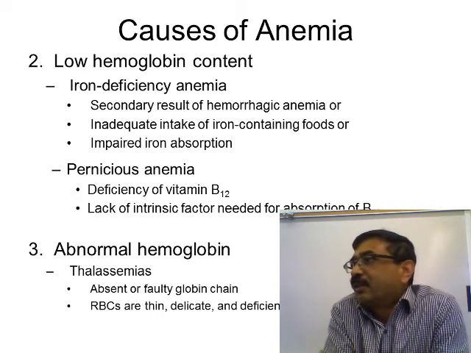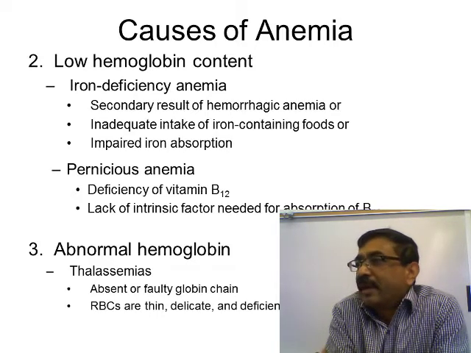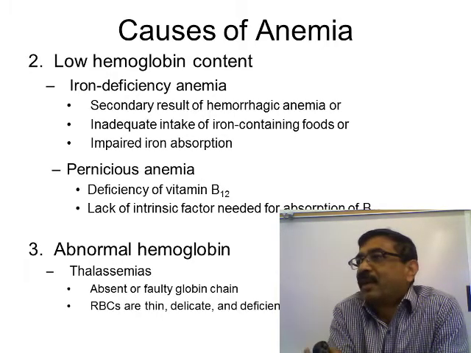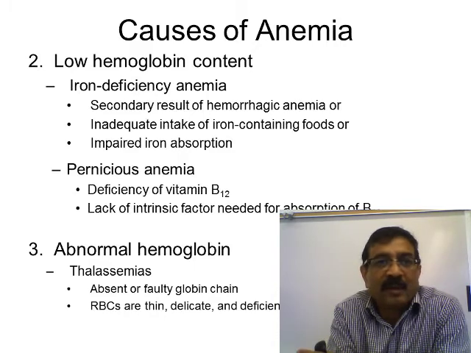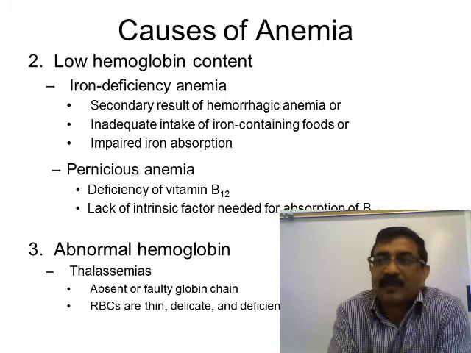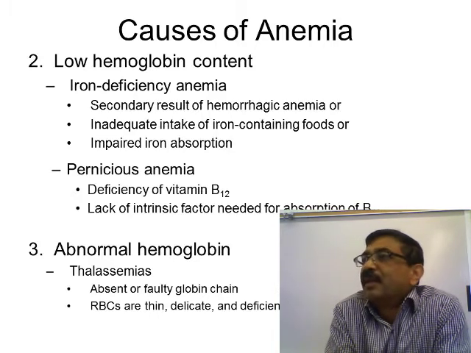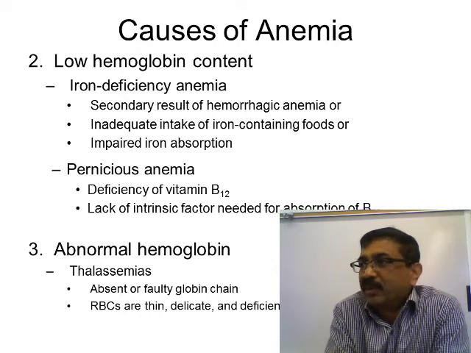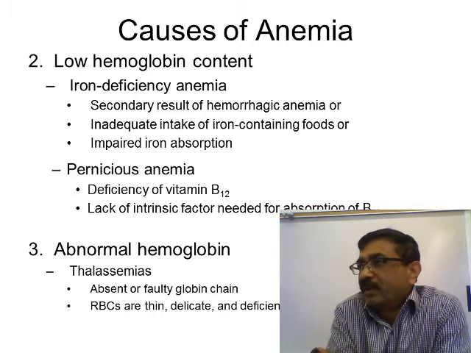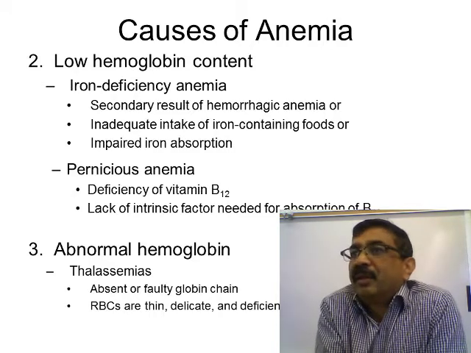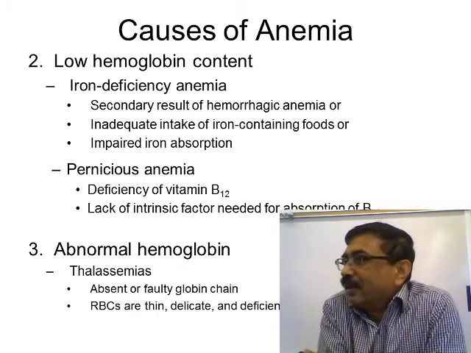Blood loss could be acute or chronic. Acute is sudden loss of lot of blood. Okay. Example, major surgery, road accident, right? You can lose a lot of blood suddenly. That is acute loss, acute hemorrhage. Chronic loss includes